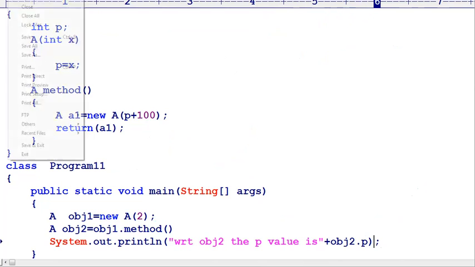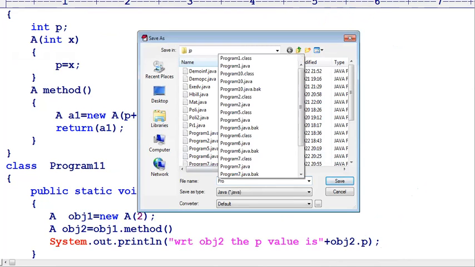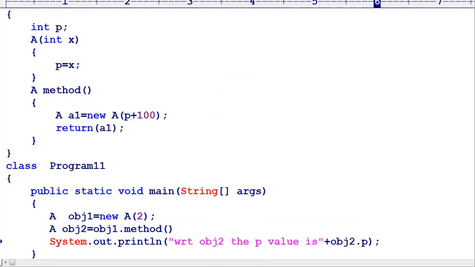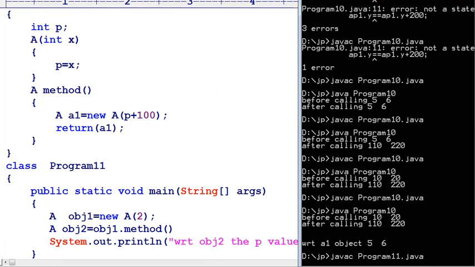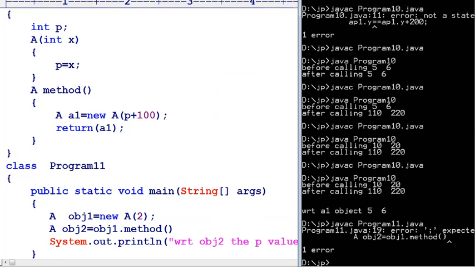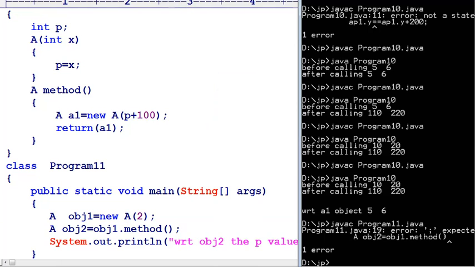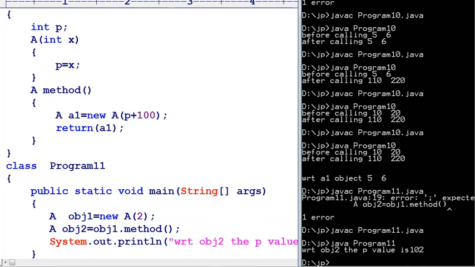Now I have to save the program as program11.java. Executing. A method semicolon is missing here. Small mistakes come, don't worry about this. Now it is successfully compiled and ready for execution.